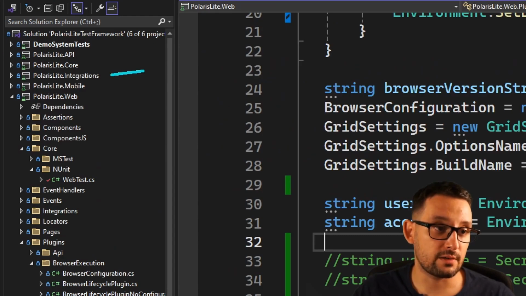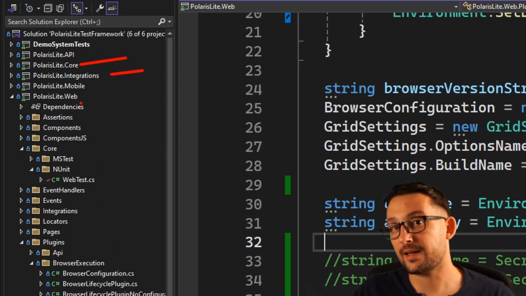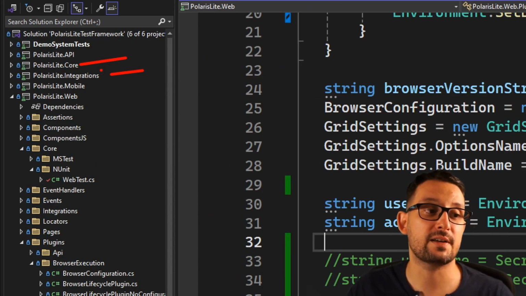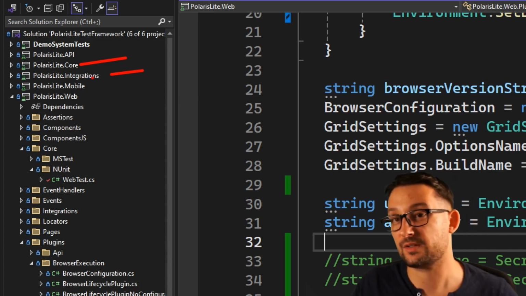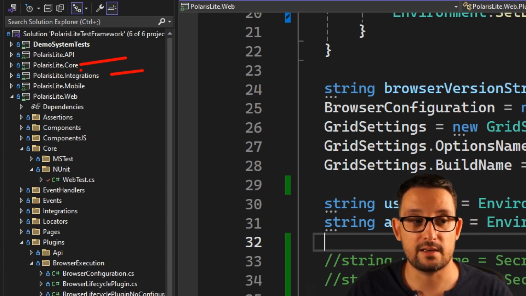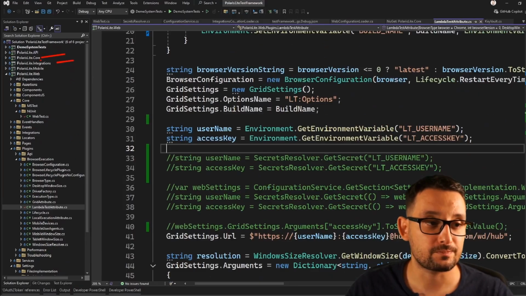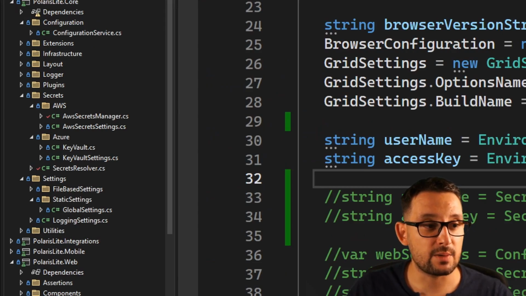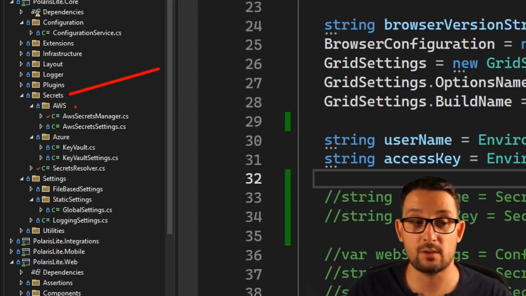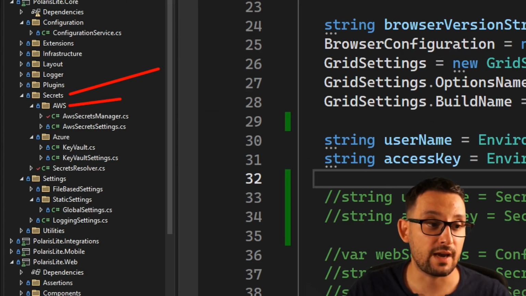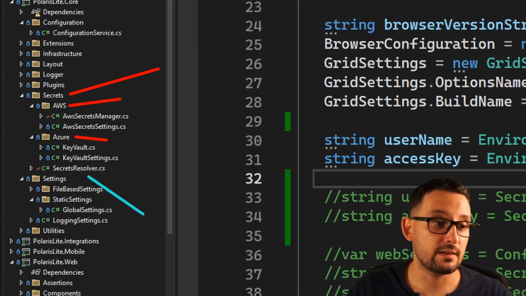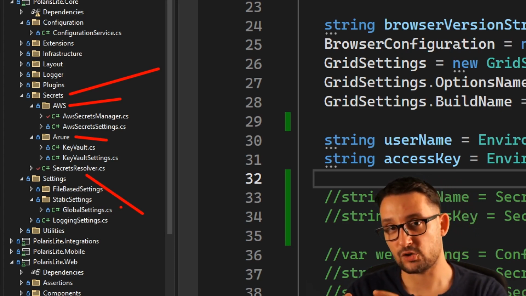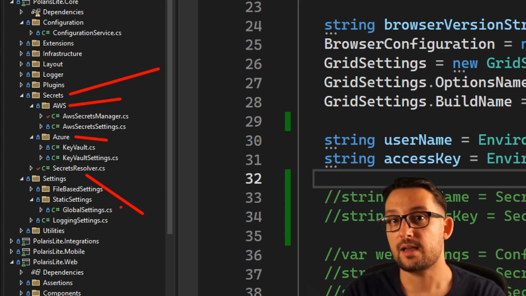Instead of going to the integration project, I'm going to create those classes here in the core project. The reason for that is that all our projects are referencing the core project together with the integrations. Our core classes are located here in the core project. This is why I'm going to move all of those secret managers here. You will notice that I created a new namespace called Secrets, and we have two child namespaces, one for AWS, one for Azure. Here is our Secrets Resolver, combining environmental variables, Azure Key Vault, AWS Secrets Manager, and even using